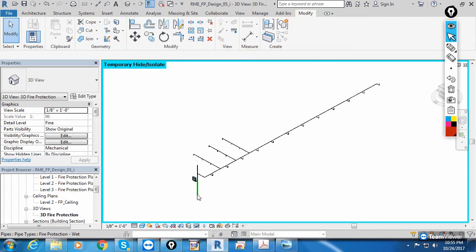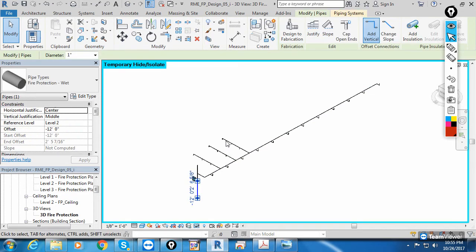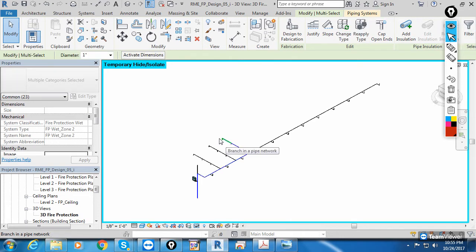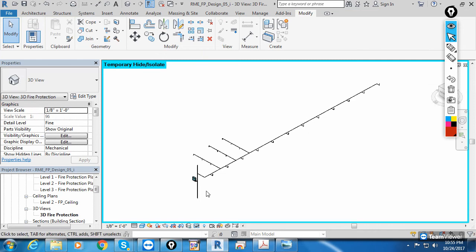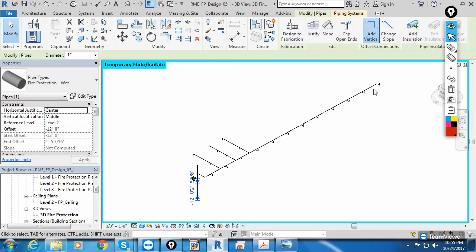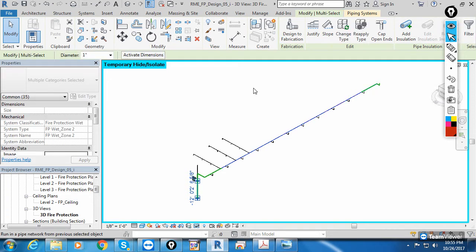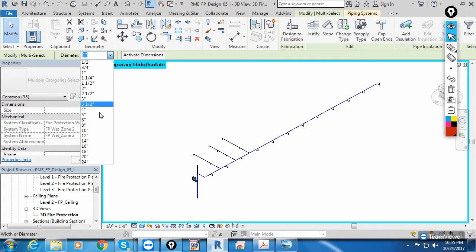Similarly, for example, if you want to select the pipe from this pipe to this section to this section, then select this section, take the cursor near this pre-selection, press the tab key, then click to select. Then you can manually change the diameter. But I'm interested in the main pipe now, so select this pipe, take the cursor near this pre-selection, press the tab key and click to select, then manually change this to 4-inch diameter.